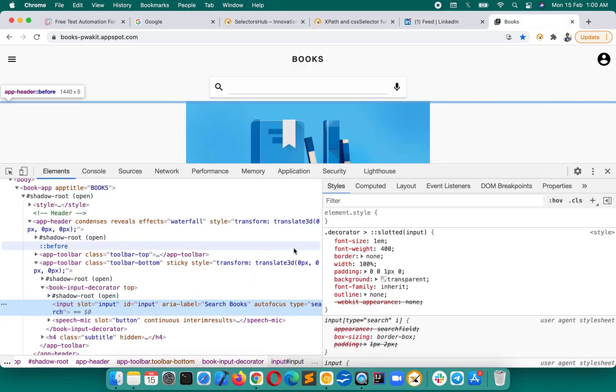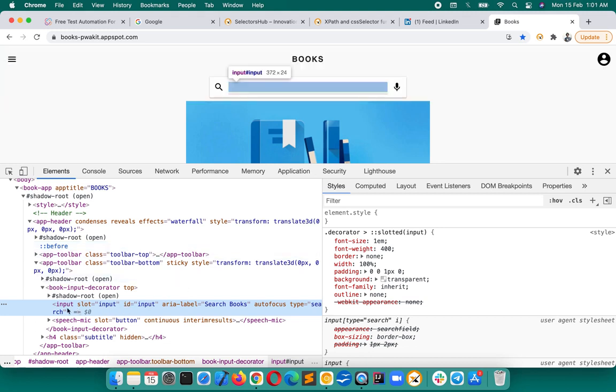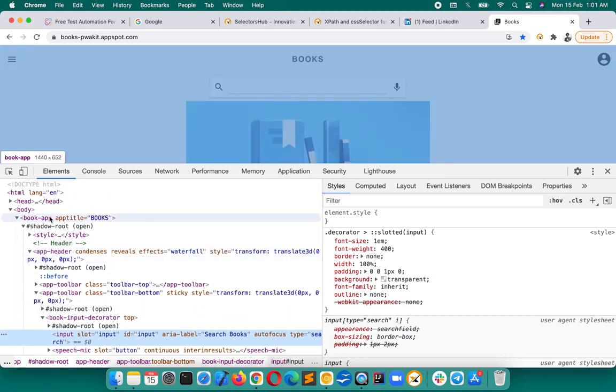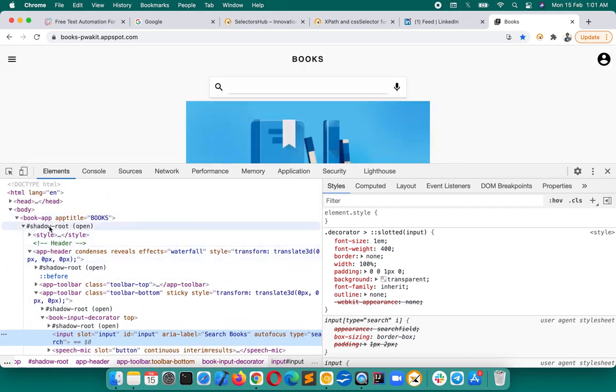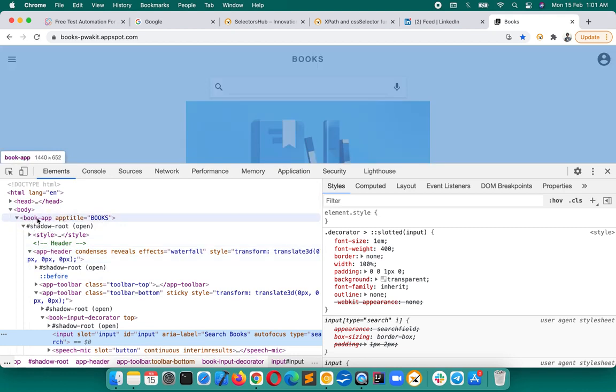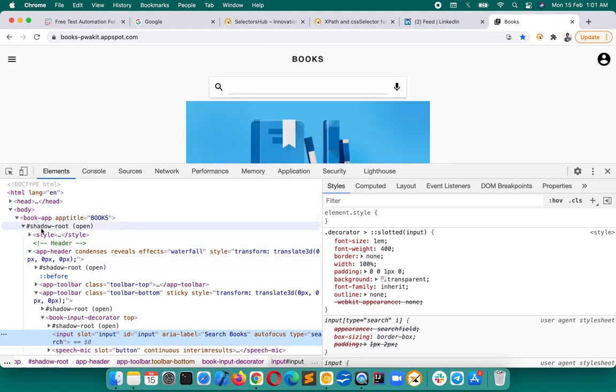So this was the definition of shadow DOM: shadow DOM is a DOM inside a DOM. It is a partial DOM. It will always attach to an element of the actual DOM. So you see that this shadow DOM is attached to this element. A shadow DOM cannot exist without a DOM. There are multiple things to tell about shadow DOM, but don't worry about that. Don't get confused so much with the definition.